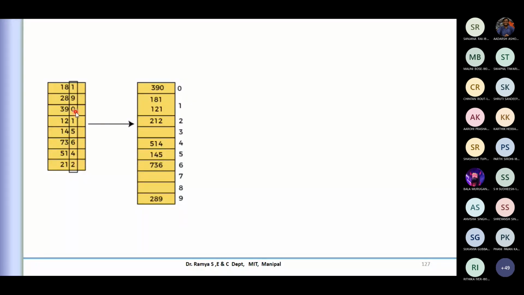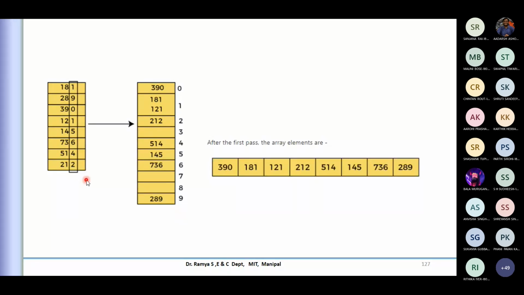So this is the first iteration, the first phase of sorting. This is how the array looks now. Initially, we had a different order. When we complete the first phase, we are just ordering based on the last digit, keeping it as a reference, and you can see all of them are ordered by that particular digit. That is the first phase.